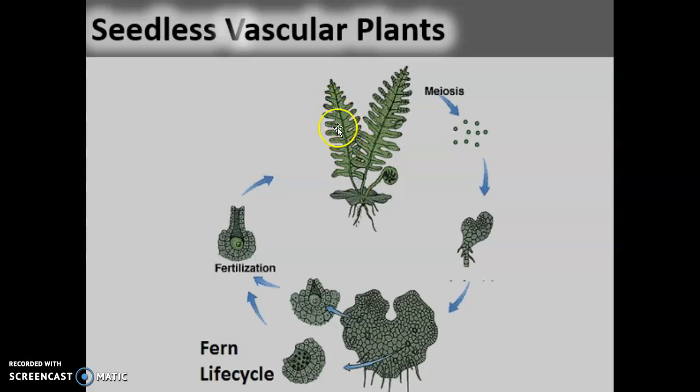or compound leaves here. This is a young leaf. It's called a fiddlehead. It's actually the only edible part of a fern, but you have to boil it twice because it has this toxic ooze that comes out of it. So you cook it once to remove that, and then you have to cook it again to make it